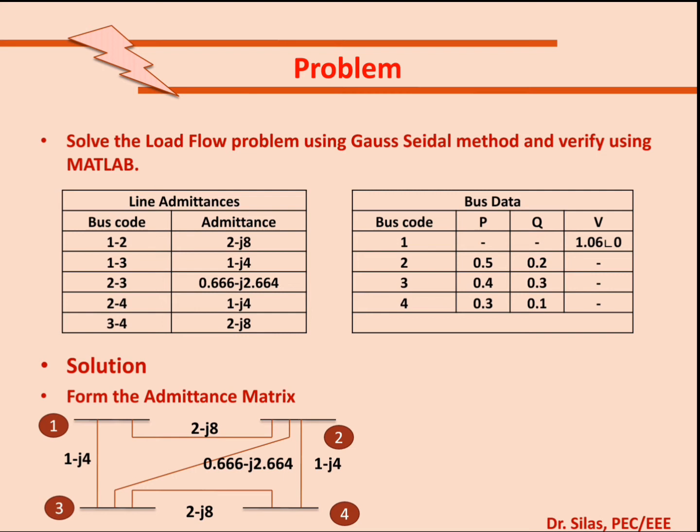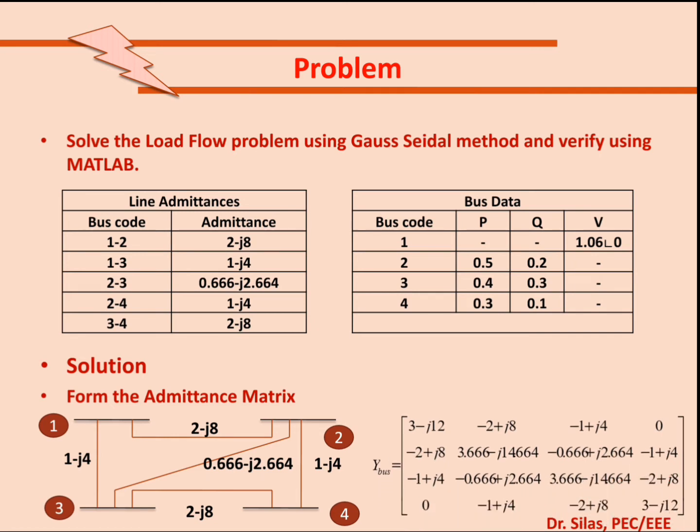Now from the single line diagram, by using the two rule method, you will be able to determine the admittance matrix directly. Here the data given is admittance, so there is no need to take the inverse as we did in the last video. Here we can add the elements as such to form the admittance matrix. So this is the admittance matrix. Now here we have 4 buses, so the admittance matrix is a 4 cross 4 matrix.